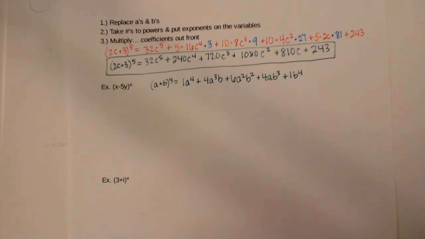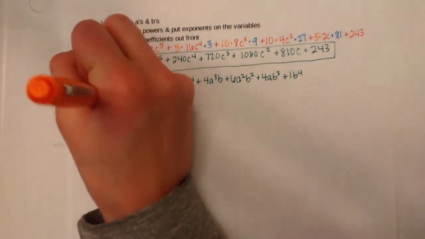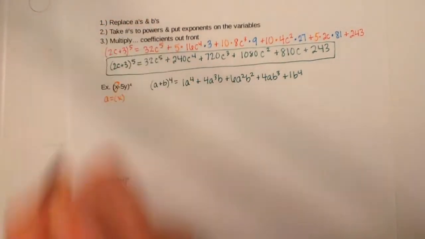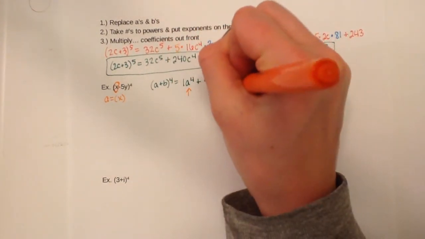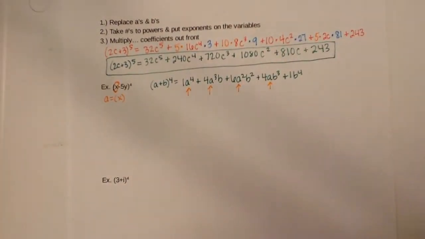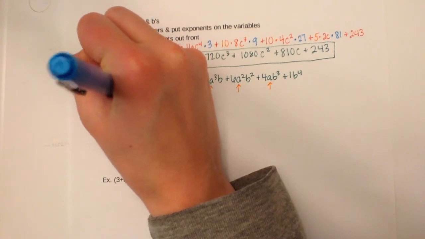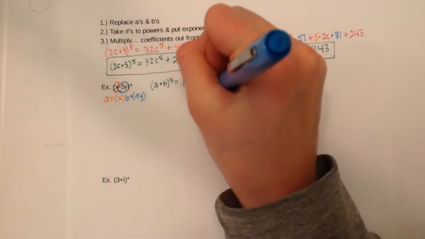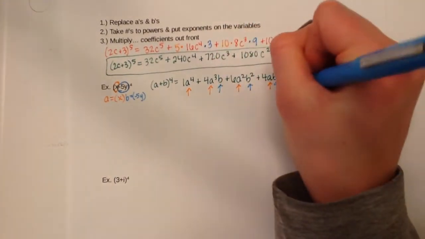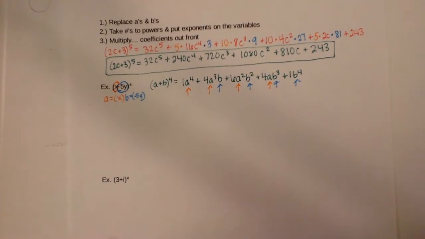Alright, so in this case, our a's, we're going to replace those with x. So we're going to put x's where all of our a's are. And our b's, we are going to replace those with negative 5y. So right there, there, right there. All of our b's. So if we were to do that,